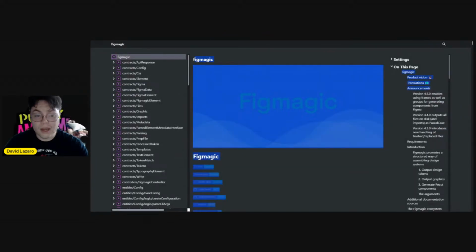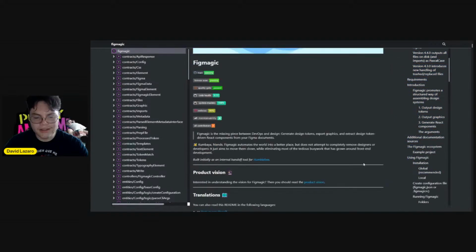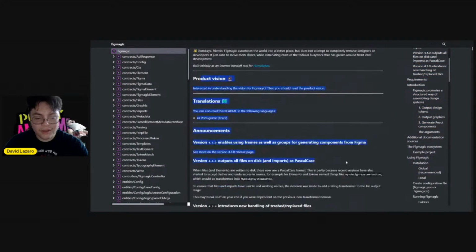In FigMagick, you have a lot of stuff because it is the README, but it also has a lot of things going on, right? So we don't have enough space, and we are also not using some space that we have at the extremes of our view. So the thing I want to do is make a quick example of how the current page would look. This is the hard coded thing that we did yesterday. We just added more space to all the